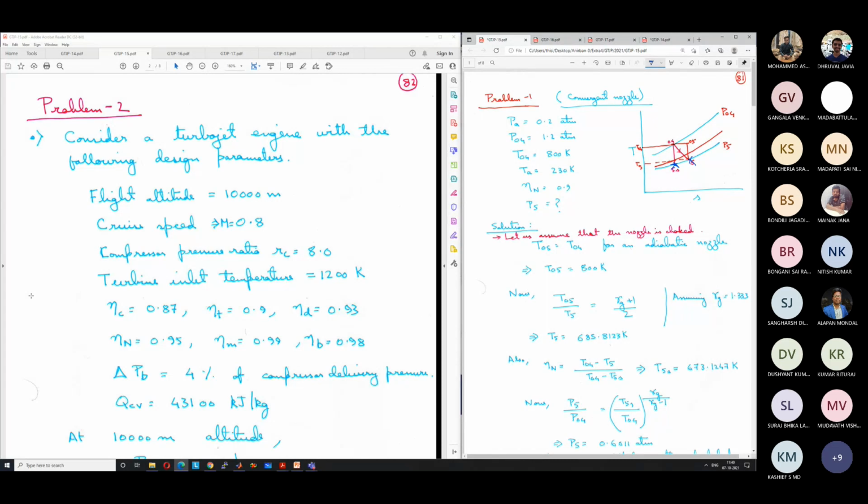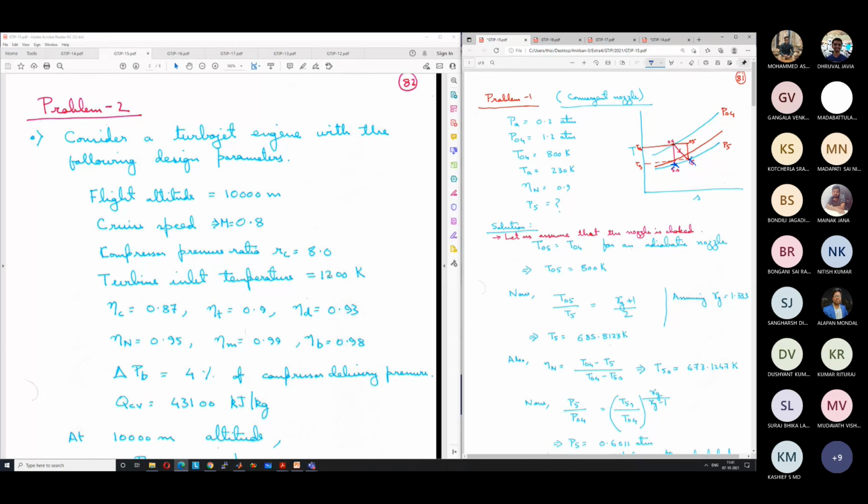For an industrial turbine, what are the design input parameters? Maximum temperature in turbine, correct. So turbine inlet temperature, which is the maximum temperature in the cycle. So compressor pressure ratio and maximum temperature in the cycle. These two are the important parameters for an industrial turbine. For an industrial turbine, the inlet velocity is negligible, so that is not an important factor.